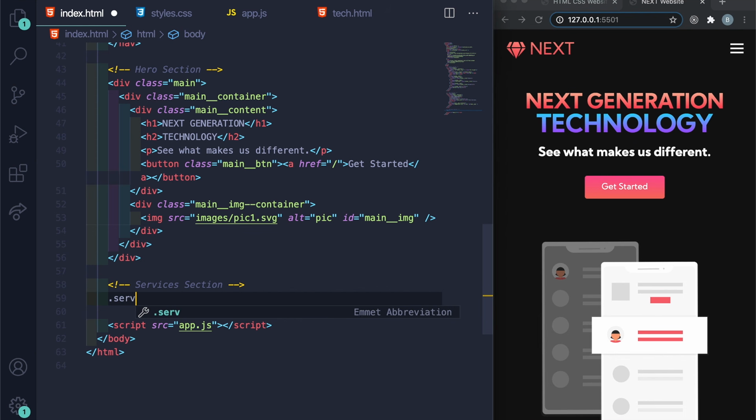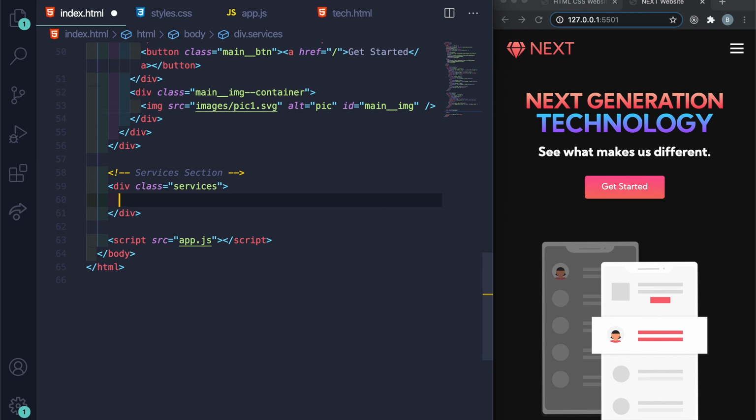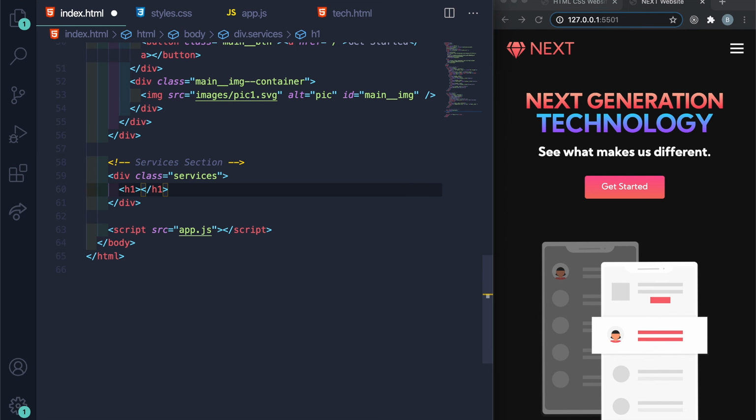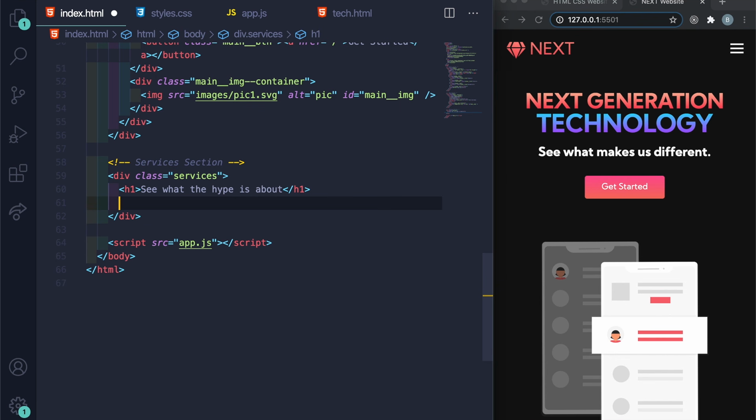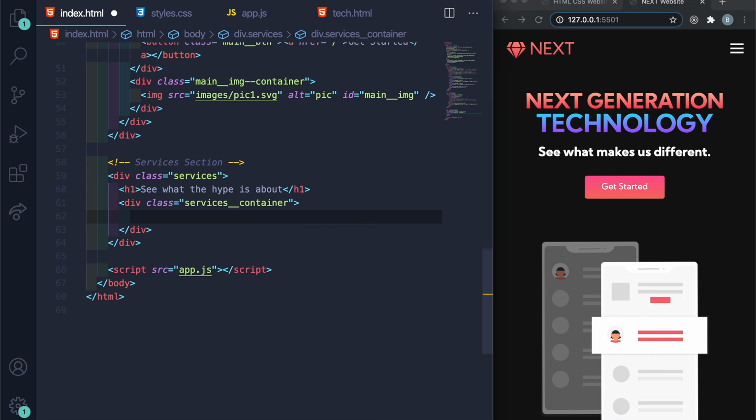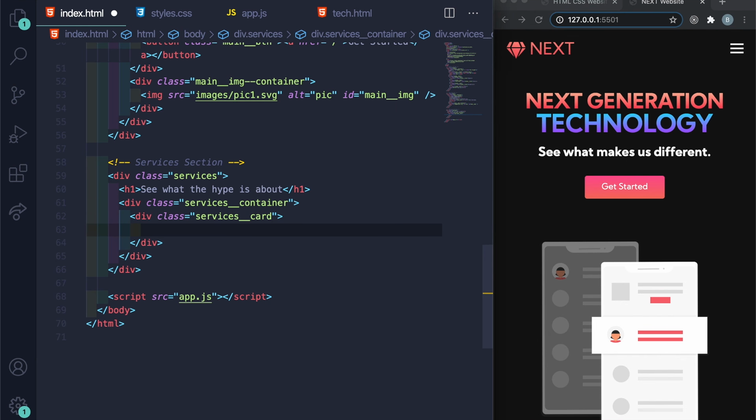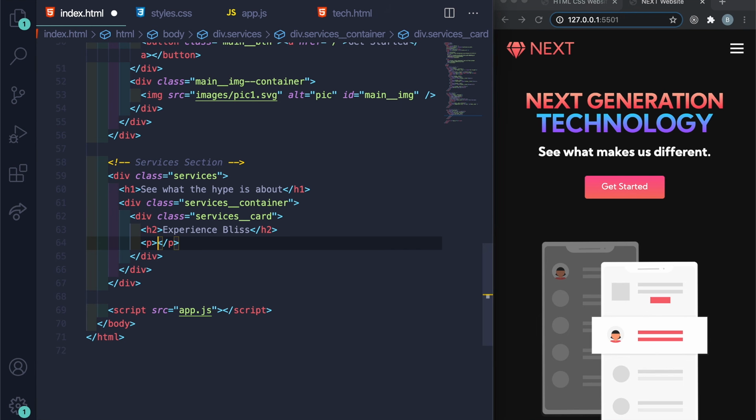So I'm going to say .services, press tab. And then in services, let's just do h1 and say "See what the hype is about." Then outside of this h1, press enter, and let's do .services__container. And then in the container, I'm going to create a services card, so let's do .services__card. Press tab there, and let's do h2, press tab: "Experience bliss." And then let's do a p tag right there: